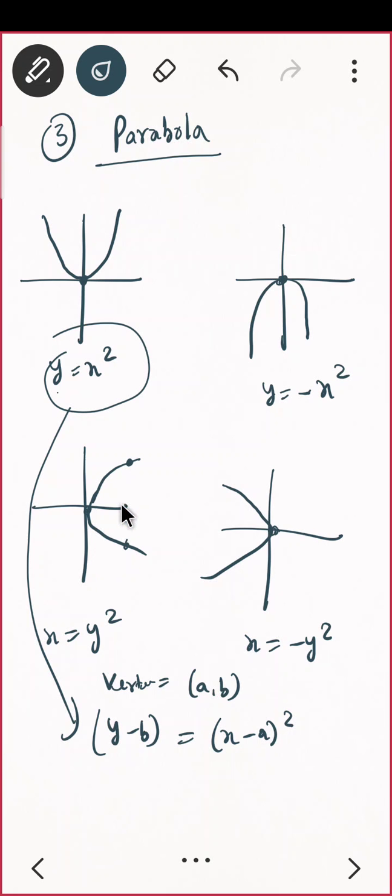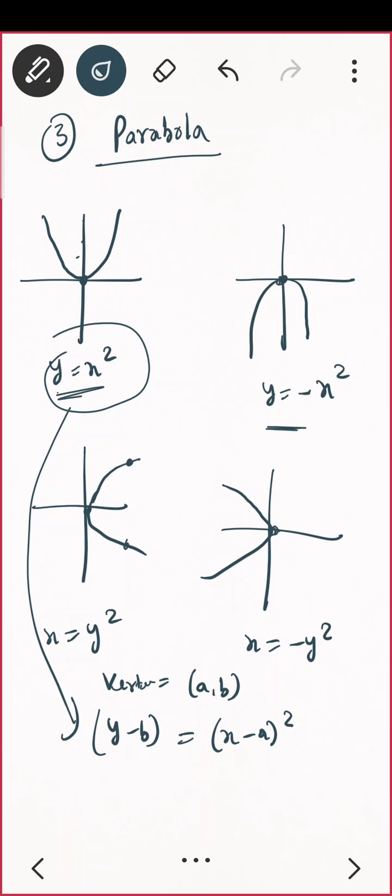You just have to put one value of x, you will get two values. That's okay. Or here, if you put one value of y, you will get two values. So here I am not talking about any function and everything. If I am talking about function, then this is not a function only. I am just talking about this curve, just a curve. There is a difference between curve and function. I hope you understand that thing.